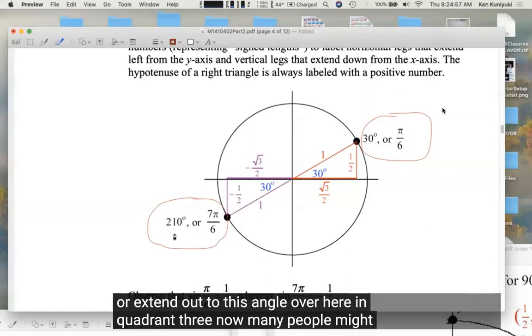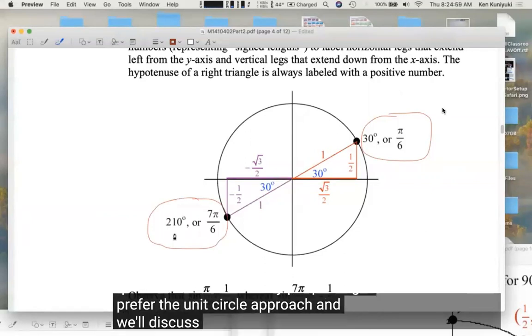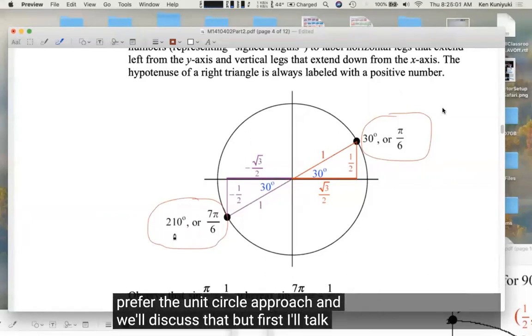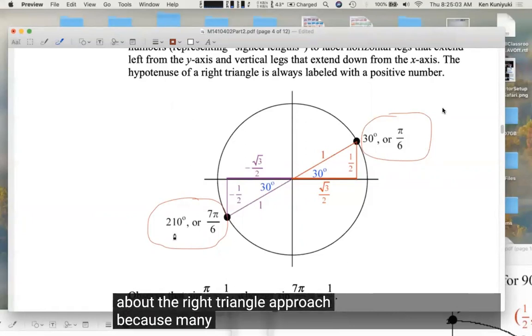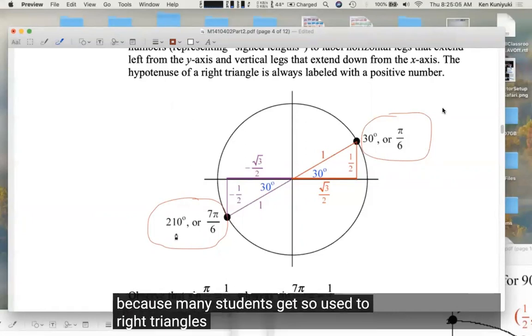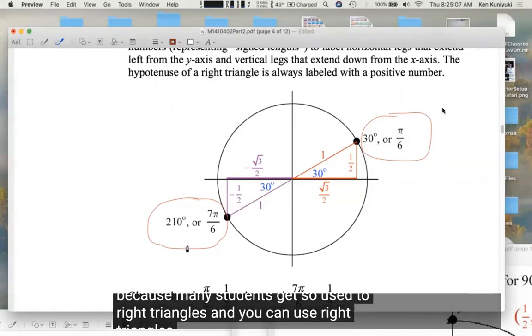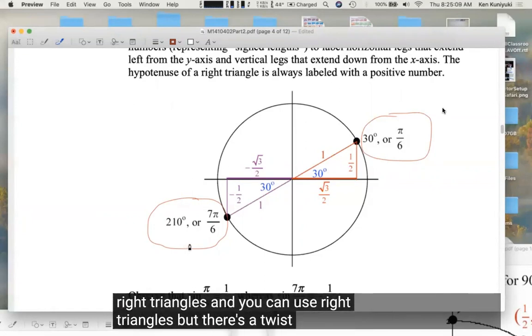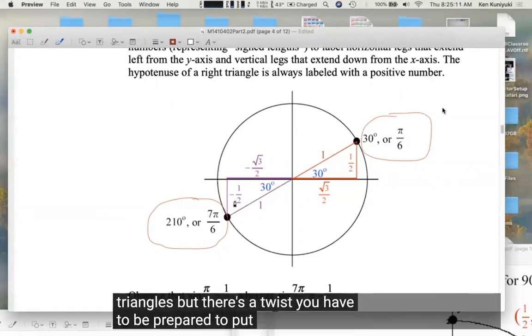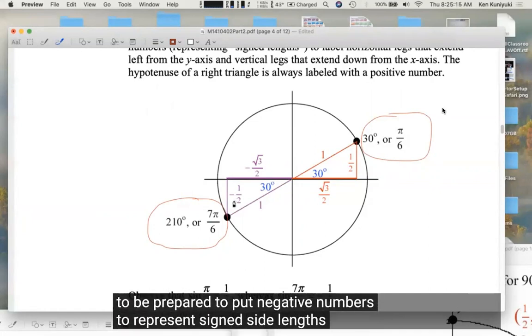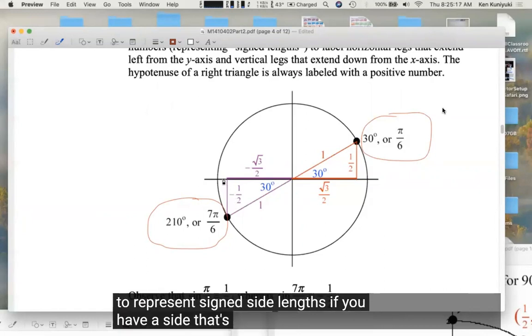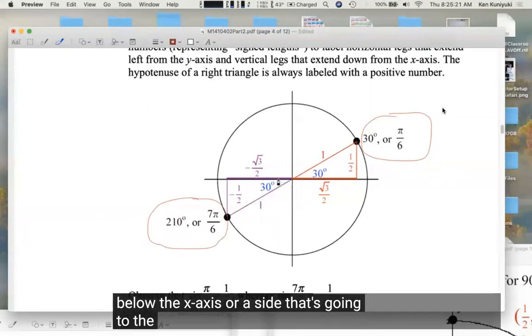Now, many people might prefer the unit circle approach, and we'll discuss that. But first, I'll talk about the right triangle approach, because many students get so used to right triangles. And you can use right triangles, but there's a twist. You have to be prepared to put negative numbers to represent signed side lengths if you have a side that's going down below the x-axis, or a side that's going to the left from the y-axis. Be prepared to put signed lengths